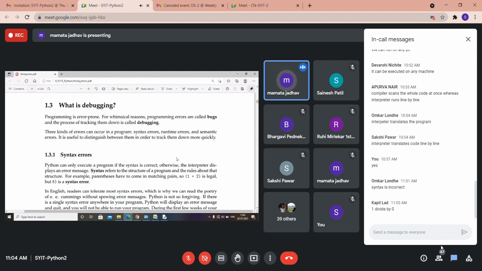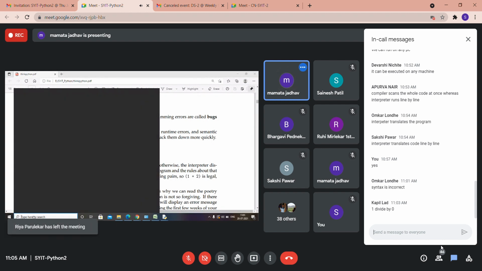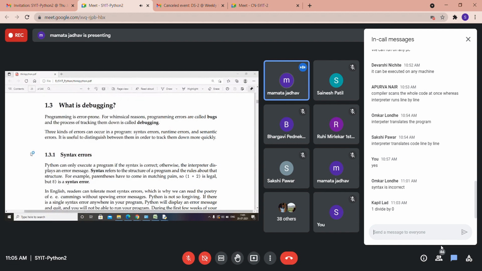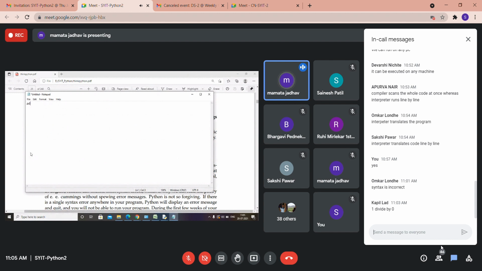Next is semantic error. In a semantic error, the program is syntactically correct and does not give a runtime error, but the program gives the wrong output. Say, suppose you are defining an add function.